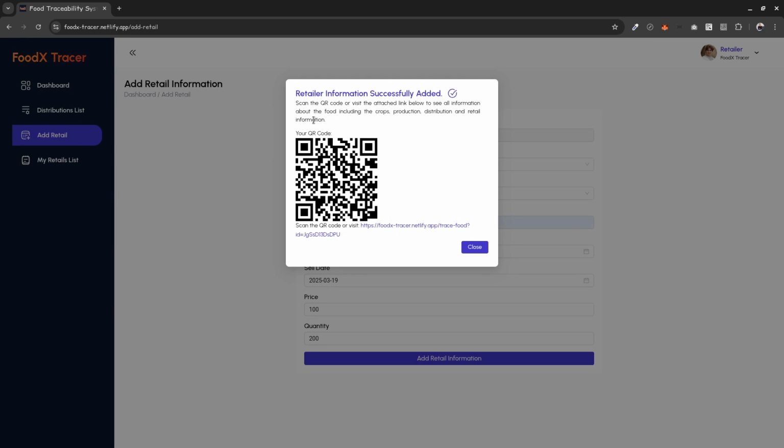After retailing a food, a QR code will be generated, and this QR code can be stuck on the product, and a consumer can scan this QR code to get the food information. Alternatively, we can see a food URL. If we scan this QR code, this URL will be found. If we go to this URL,